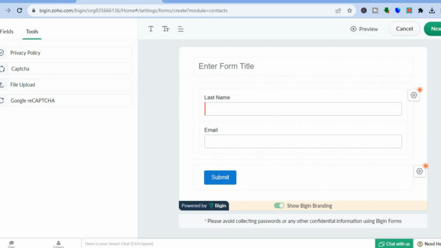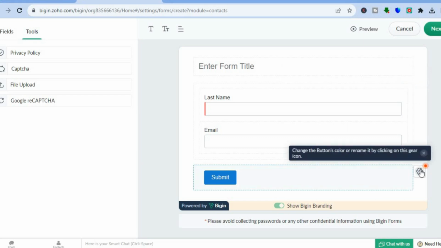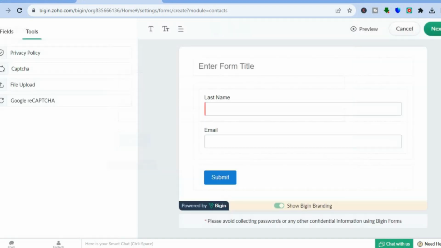Once you're finished, you could tap on settings right here if you would like to rename a field. And you can also tap right here if you would like to edit how the button looks, and you can also edit the button text. Then you can tap on preview in the top right hand corner, and you can see how it looks right there. Once it is to your liking, you'll tap on the X in the top right hand corner,